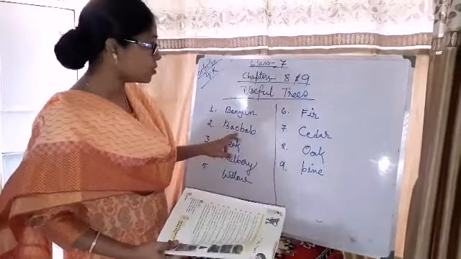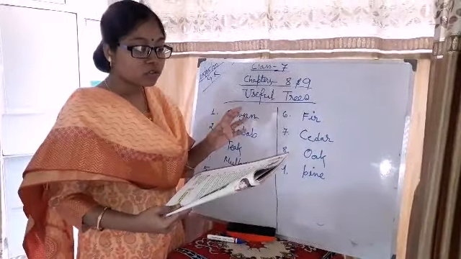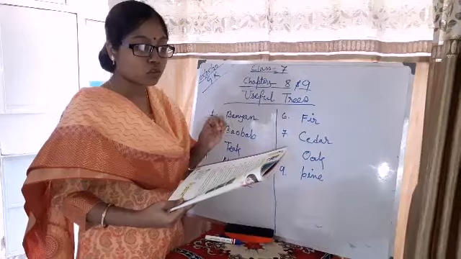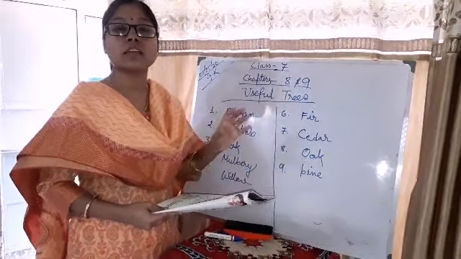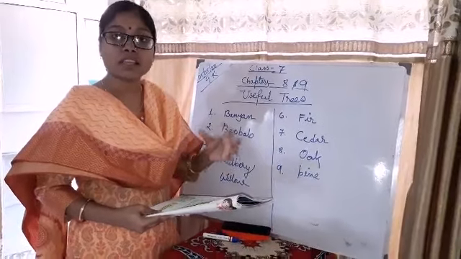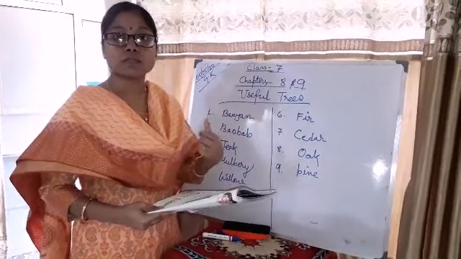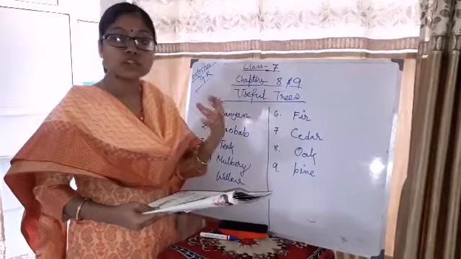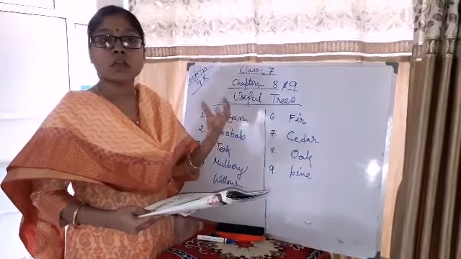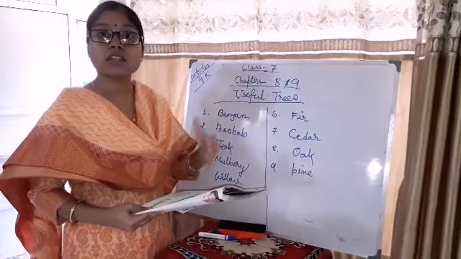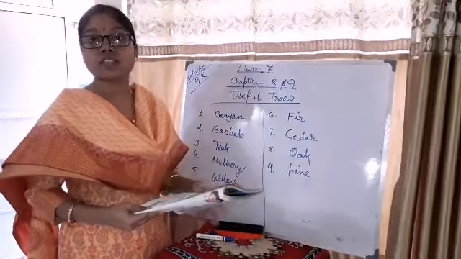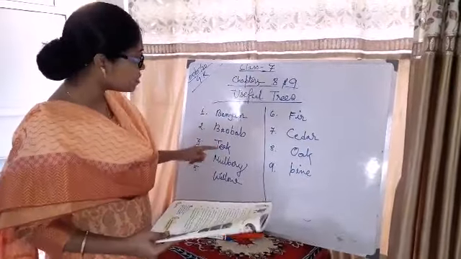Second one is the baobab tree. What is that? It is the most drought resistant tree. It can store thousands of liters of water in its trunk. Especially in desert areas we will get this kind of tree, where they can store water in their trunks. If there is extreme drought, with no water at all, for that reason this kind of tree is habituated to store water in its trunk. Clear?